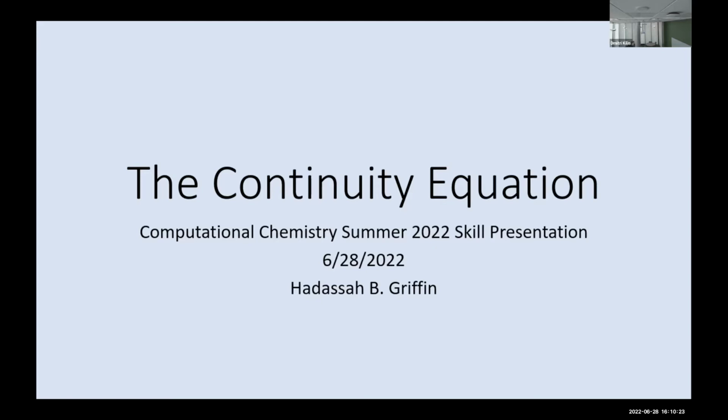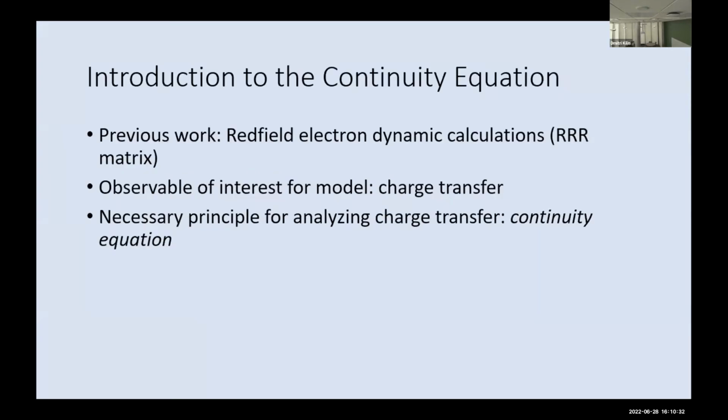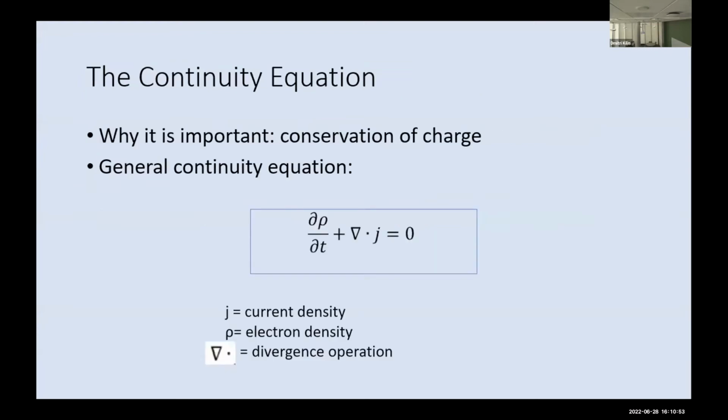Like Dr. Glean said, we'll be looking at the observables of photoluminescent charge transfer today, starting with charge transfer. One important physics concept related to that is the continuity equation. For a little context of where we're at, we talked about Redfield electron dynamic calculations last time. We did some calculations with those. One thing you can analyze with that is charge transfer, and we need the continuity equation, which is a description